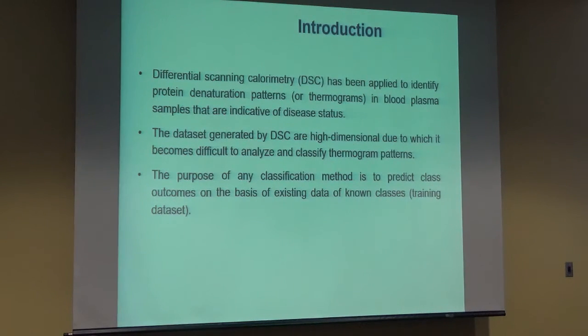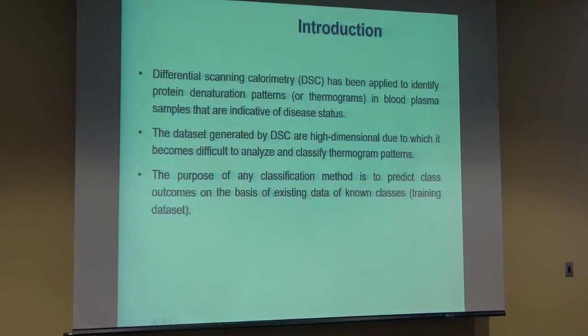So in brief, differential scanning calorimetry, DSC, has been applied to identify protein denaturation patterns, called thermograms, in blood plasma samples that are indicative of disease status. So basically, the DSC is somehow related to the disease status. The data sets generated by DSC are high dimensional, due to which it becomes difficult to analyze and classify thermogram patterns. The purpose of any classification method